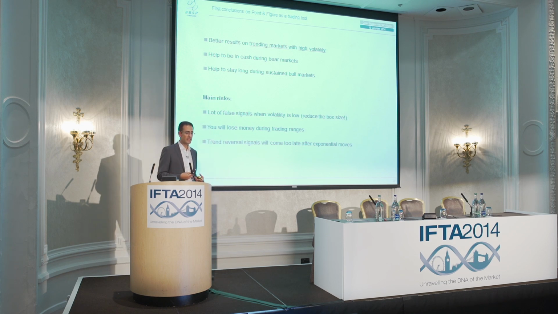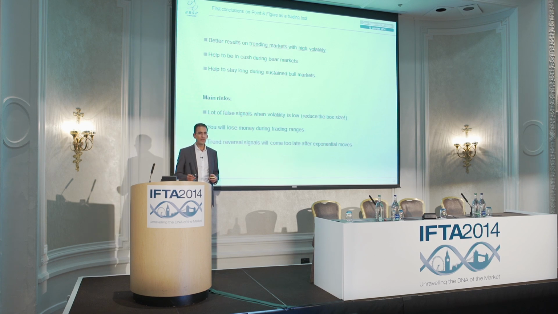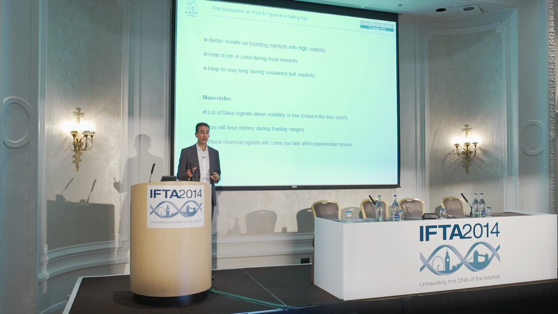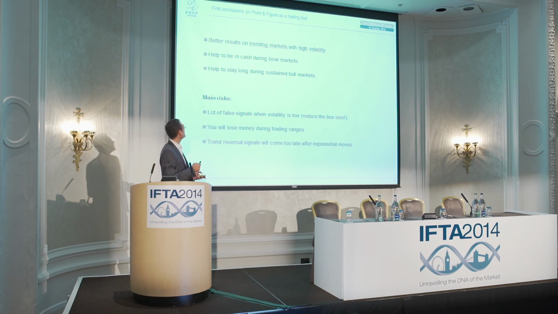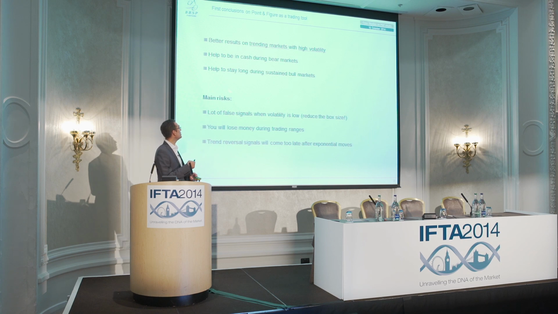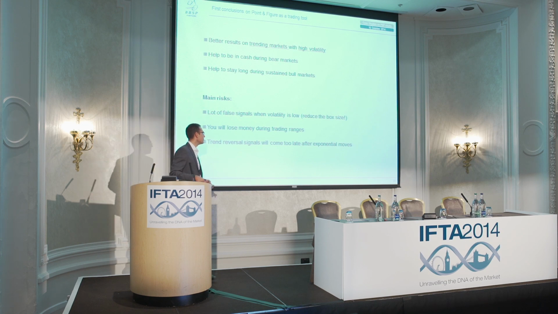So if I try to summarize the conclusions from these examples, I would say that point and figure usually gives better results when you have trending markets or not too many whipsaws. They are better, in my view, in high volatility. You can adjust the box size, but making money on Air Liquide, beating the buy and hold on Air Liquide, was almost impossible to do. More importantly, what is great with point and figure charts, you will be out of the market during bear trends. And in bull trends, you will be long and following the rise of the market. So the inconvenience, we already talked about that.